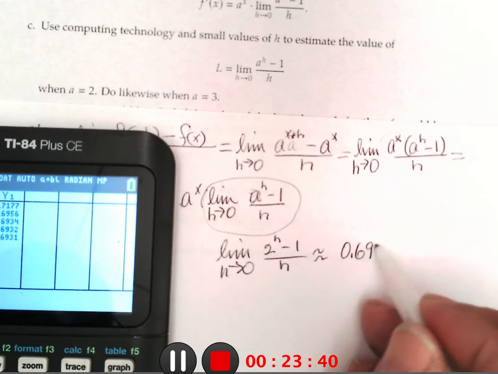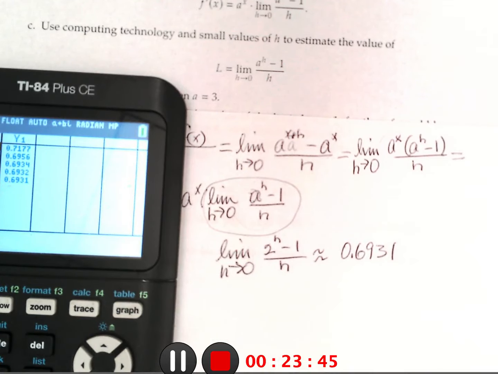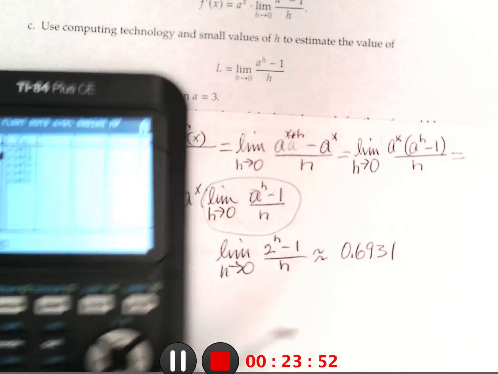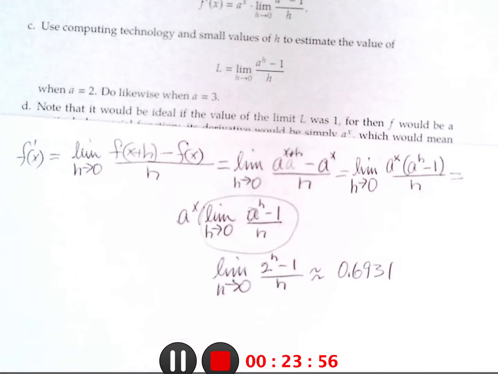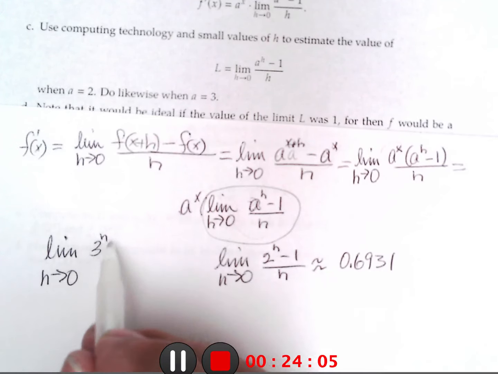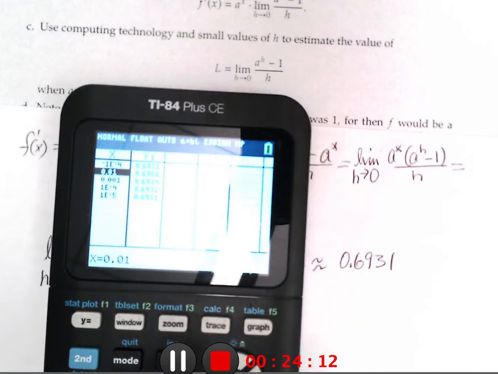And I can do it from the negative side also, negative 0.0001, and we get the same number. Okay. So then, oh, and we're supposed to do it with 3. So the limit as h approaches 0 of 3 to the h minus 1 over h comes out to be approximately. So all I have to do is go back to my y equals, change the 2 to a 3,